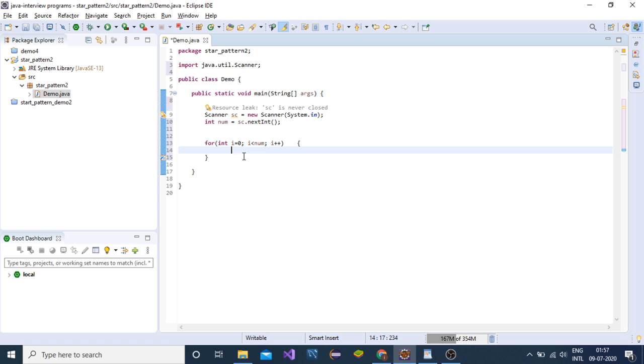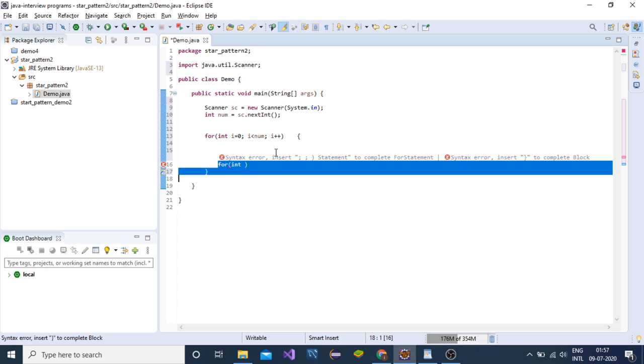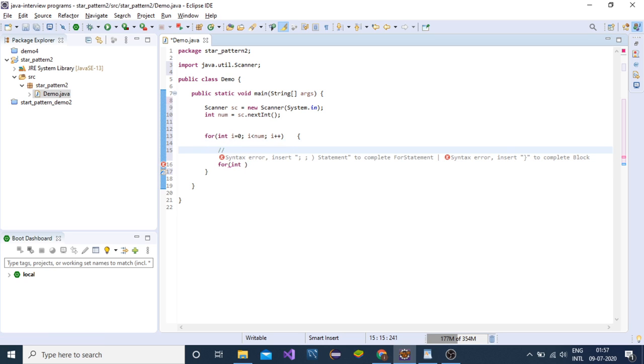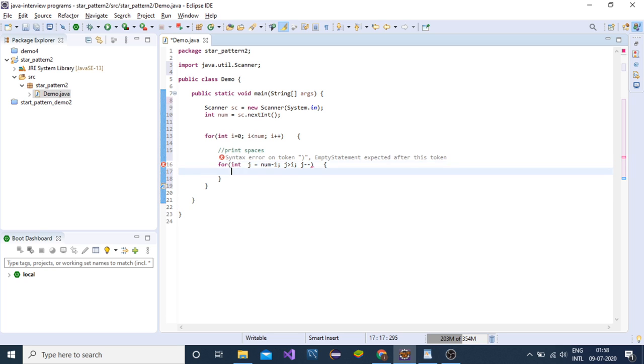So this loop I am writing for print spaces, int j equals to num minus 1, j greater than i, j minus minus, print space.